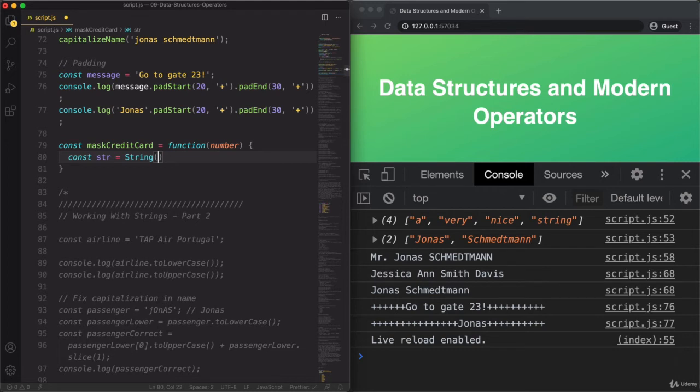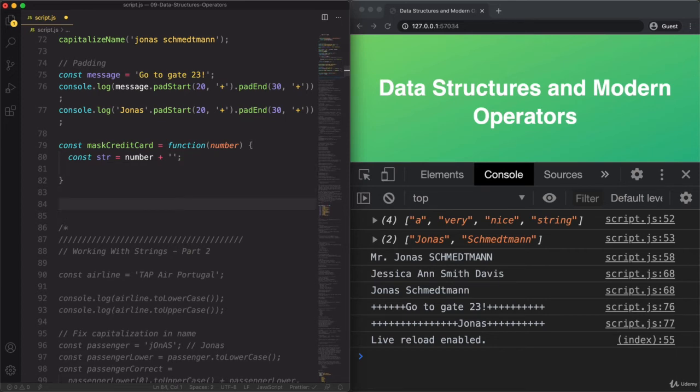Remember? However, there is a nice trick that actually makes this easier for us. So we can just take the number and then we add an empty string. And so the result of this will be the number, but as a string. And this works because, as you hopefully remember, when one of the operands of the plus sign is a string, it will convert all the operands to a string. And so then this number will become a string plus the empty string. And so then it's going to stay exactly the same. Okay, so